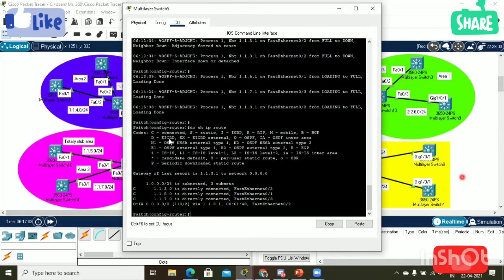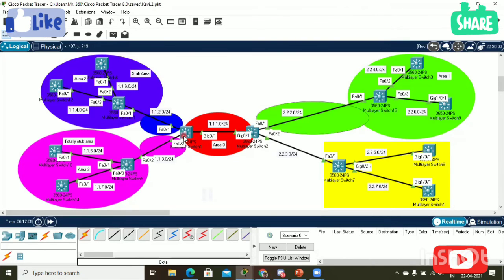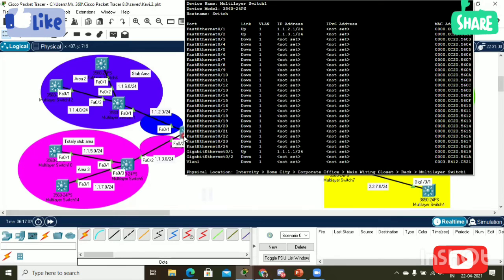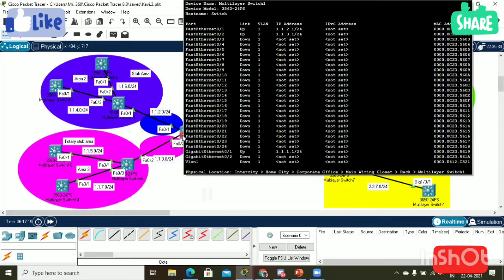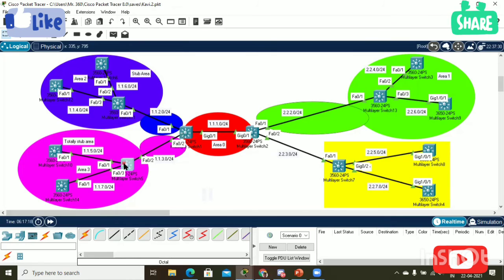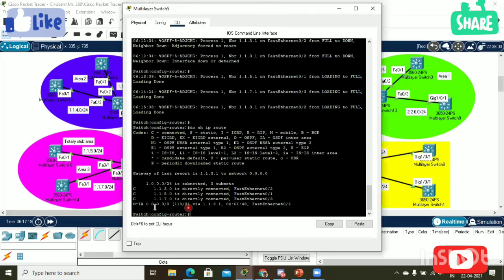Here you can see the IP address of ABR, 1.1.3.1. Here also you can see the default route to 1.1.3.1. So it creates a default route to ABR.